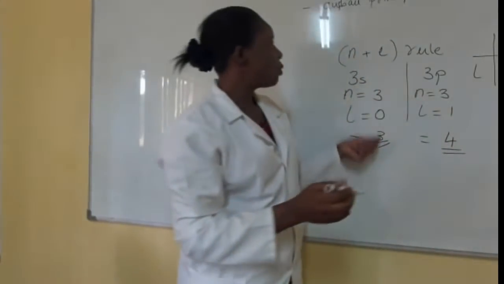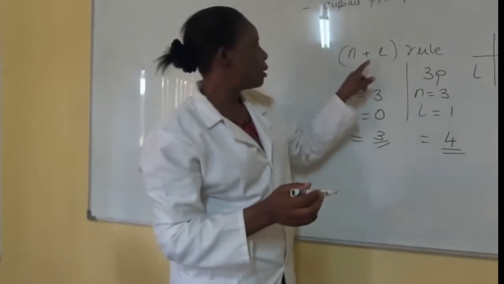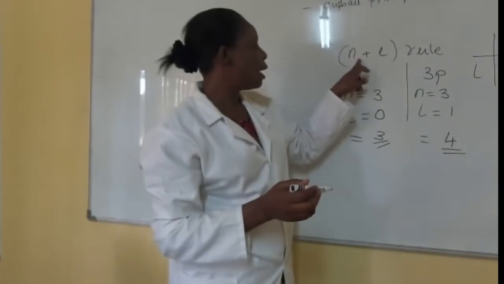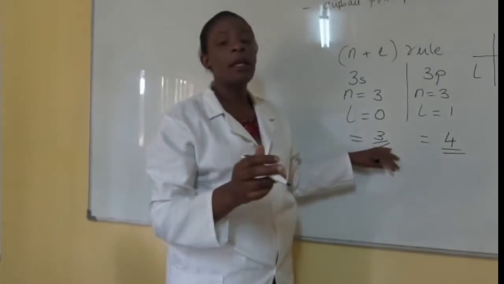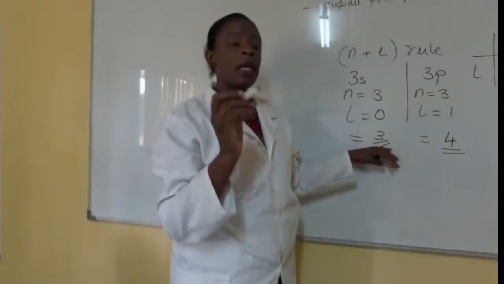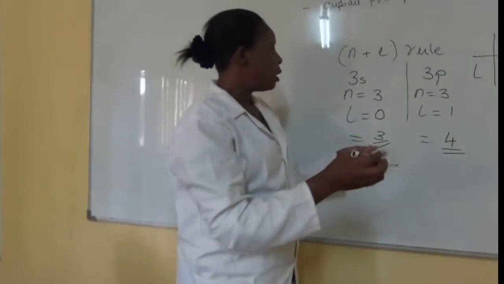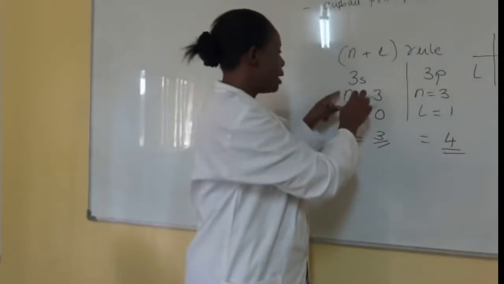Okay? So what does the N plus L rule state? The orbital with the least sum of N plus L will be occupied by electrons first. So in this case, since the orbital with the least value of N plus L is 3s,